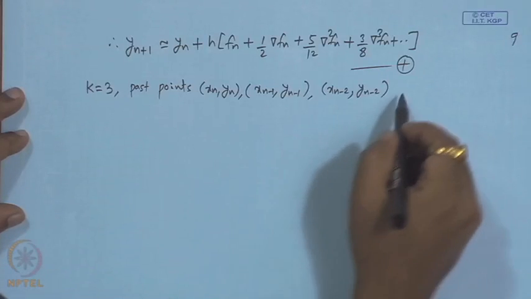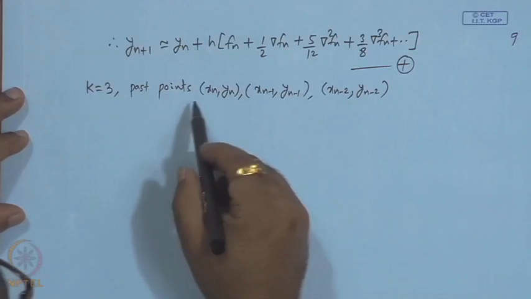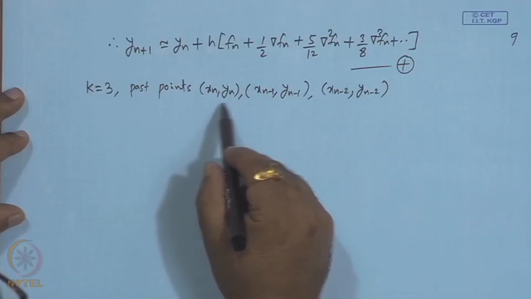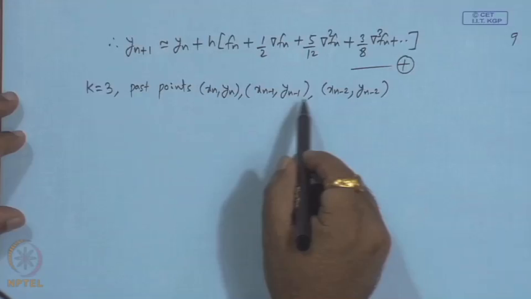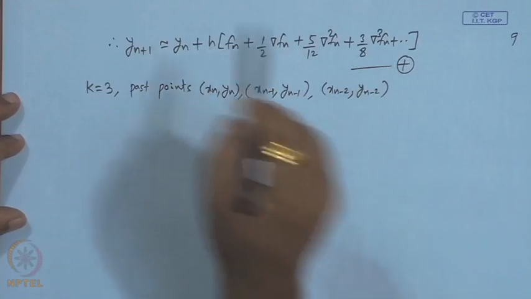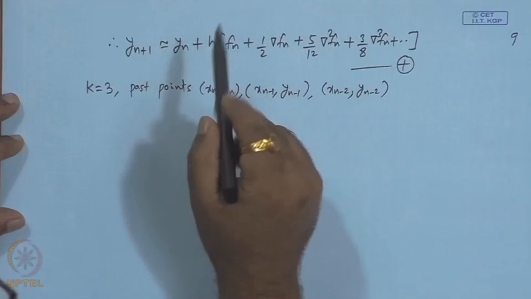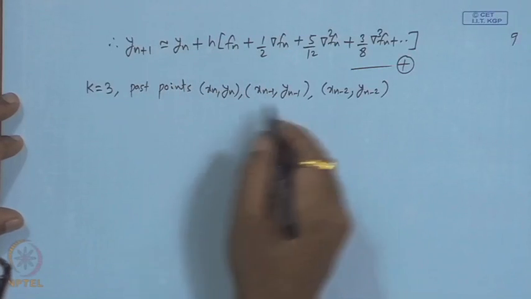So, suppose these are the past points. Okay. That means, we are approximating by a polynomial, okay, using these past points. So, we have 3 points, therefore, we expect a quadratic, and that quadratic has been integrated to get the formula. So, in this case